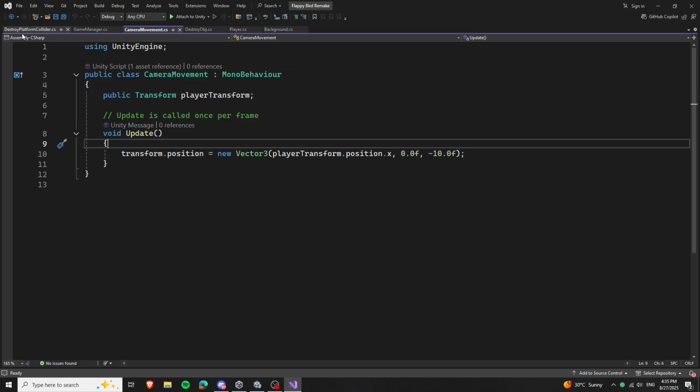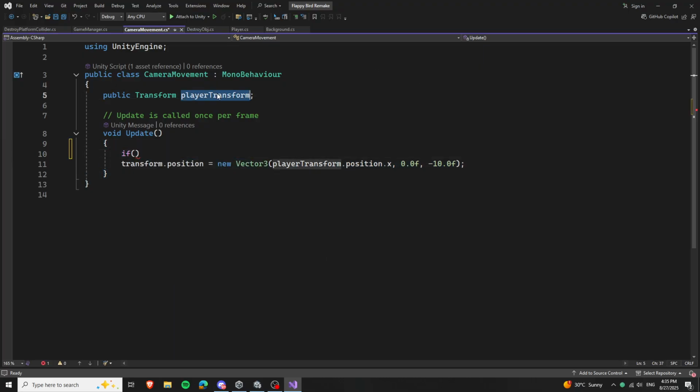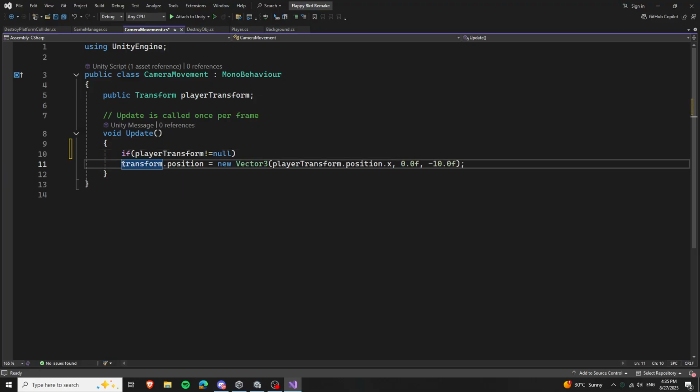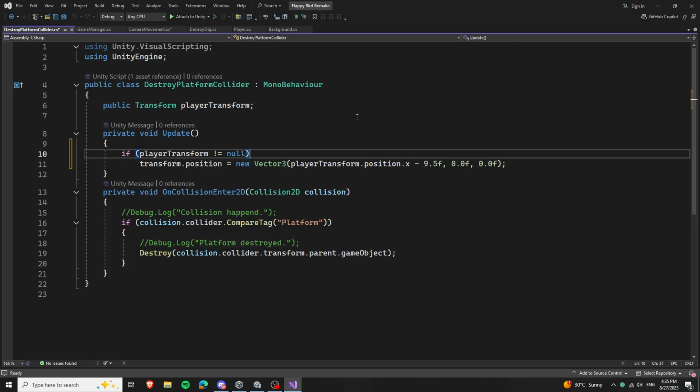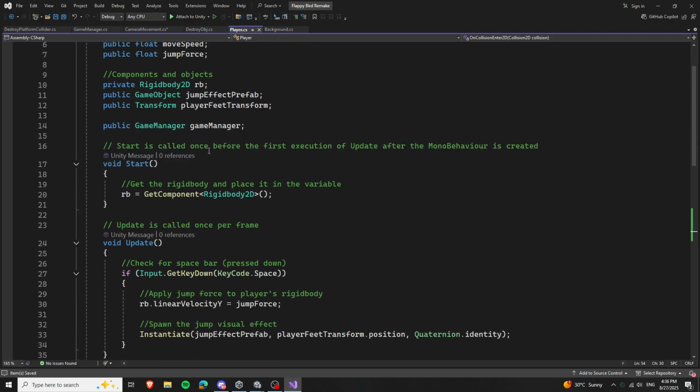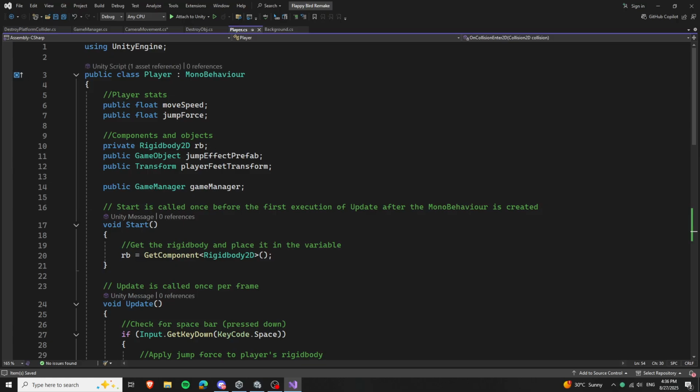So we need to instead check if the player still exists. So we say if that player transform is different than null, so if it exists. And the same for the destroy collider. That way we don't get an error. So now we can have in our player script